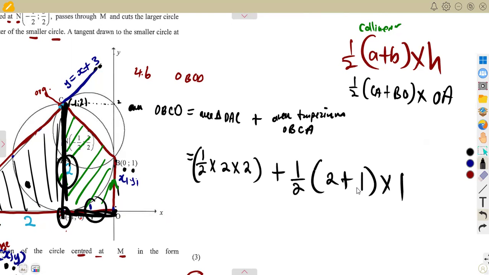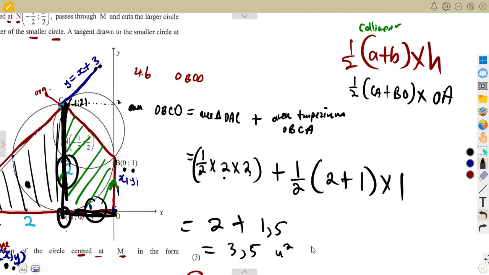Remember, we labeled everything before. So you calculate the area of the triangle, half of this times this, which is 2, plus you also calculate the area of this other side. That gives us 3 over 2 or 1,5. All right, then we add 2 plus 1,5, which is 3,5 square units. So this is our area, which is a numerical value. This is just short for square units. We obtained the area there